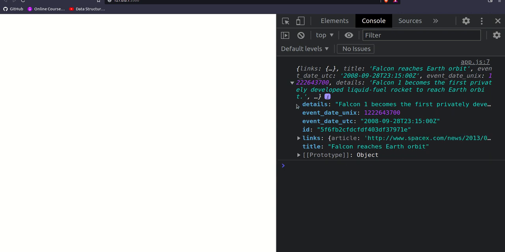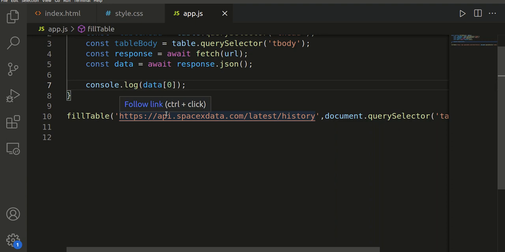And also we have done only data[0] because we know that in this API all other objects are of the same type. So even if we check the keys of data[0], all other objects will also have the same keys, so we can use them as our headers. So now as we have the idea of how the data looks, we can now